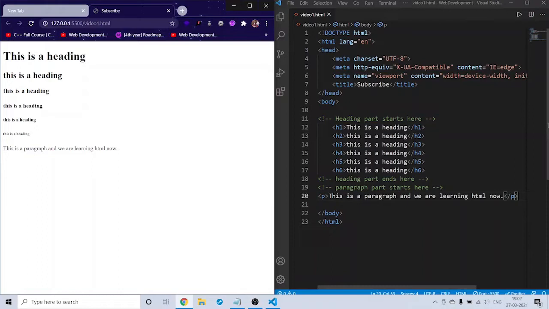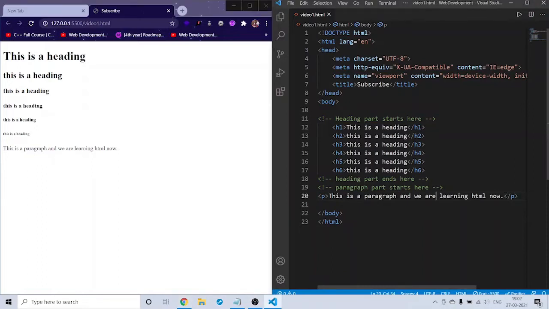But if you want, for example, 3 to 4 spaces here, if you give these many spaces and when you hit save, you won't see any change here. Okay, if you go into the next line and hit save, you won't be able to see the changes here, because space and line breaks are not given in this way in HTML.